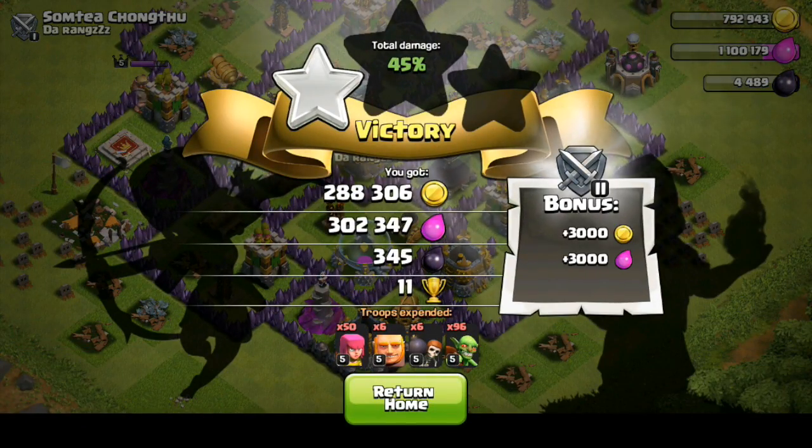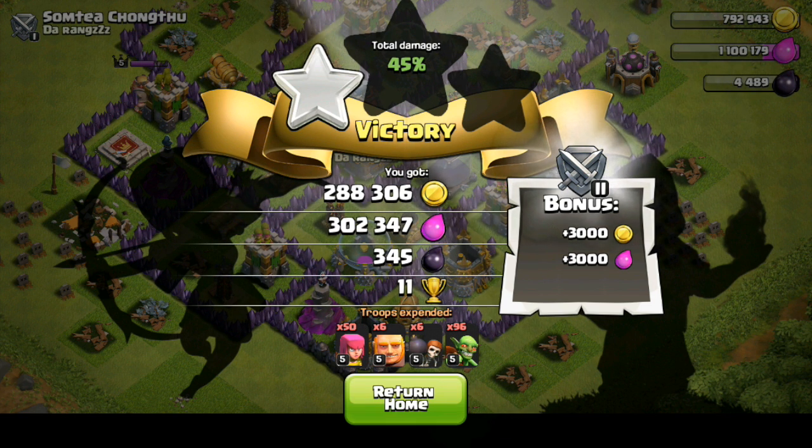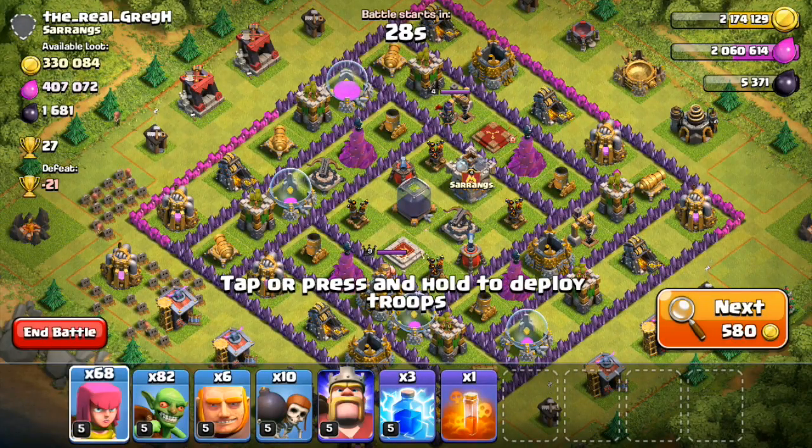So 288,000 gold as well as 302,000 elixir, almost 600,000 resources for this raid. Definitely nice to have all those giants and wall breakers to help break through those compartments. Pretty nice raid right there. Let's go ahead and check out the next one, where this one has